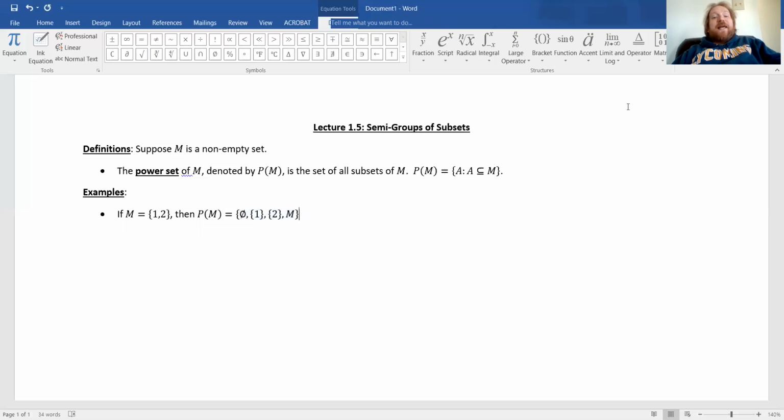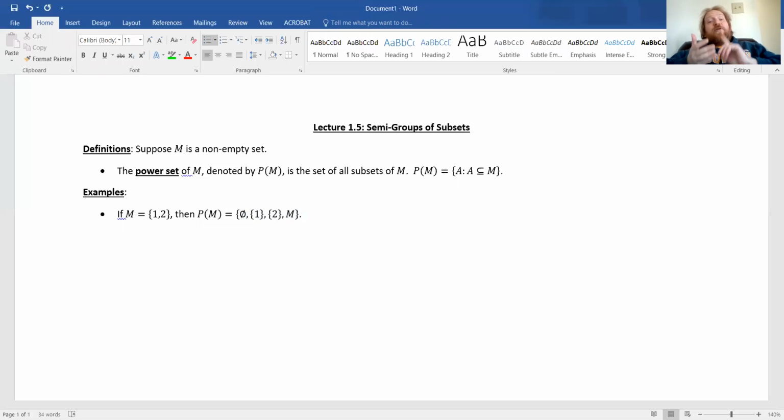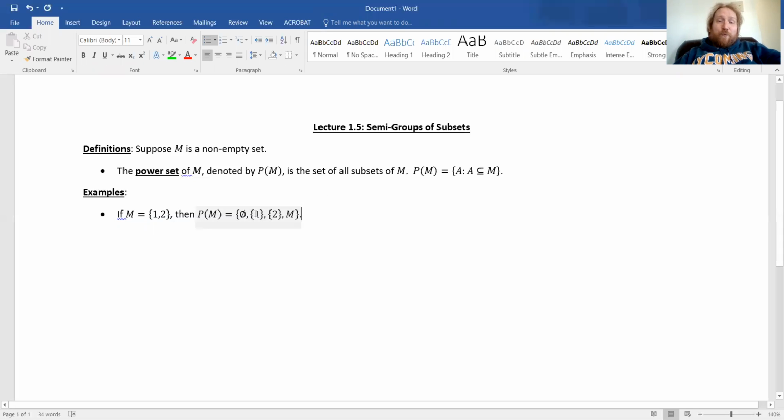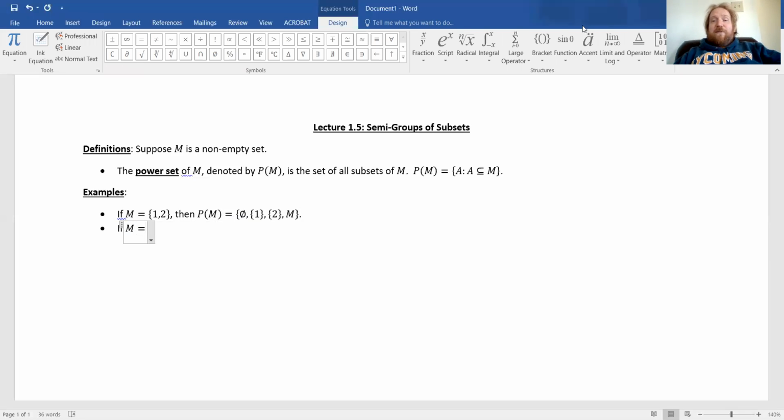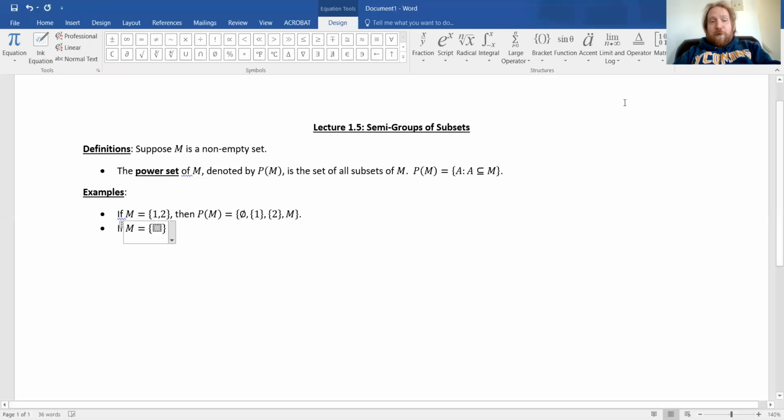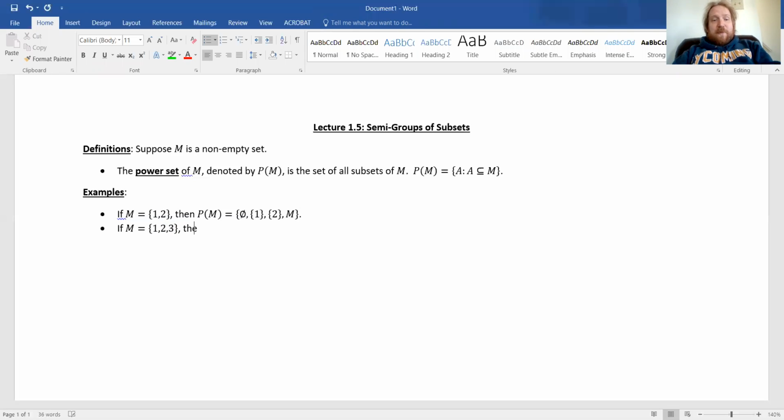Now, any set has the null set and the set itself as subsets. Sets can also have other subsets that are in between the null set and the set itself. Here, for example, would be the set containing just 1 and the set containing just 2. If we take this one step further, if M is the set containing 1, 2, 3, then P of M